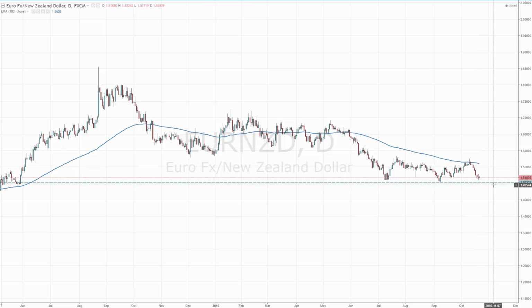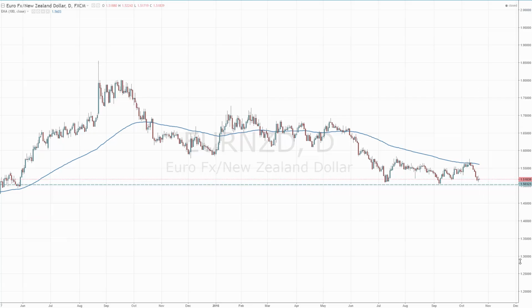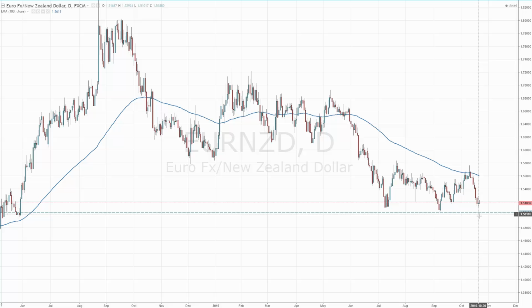Now, depending on the price action will depend on whether I take an initial break through this level or if I wait for some sort of a pullback. What I won't do is sell a break of this level as soon as the price gets down to this level. I want to see the market react to it in some way. So if it bounces from here a little bit and then breaks, then I will take the break of the level. If the market smashes through this level without paying any attention to it whatsoever, then